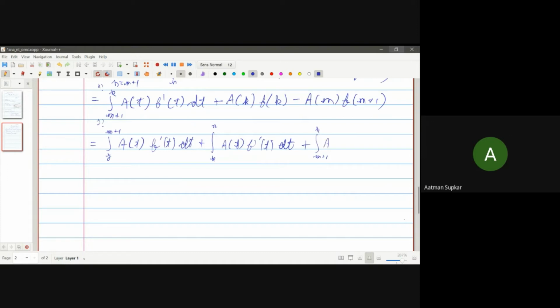Then the integral of A f dash t dt, plus A k f k, minus the integral from k to m of A f dash t dt, plus,